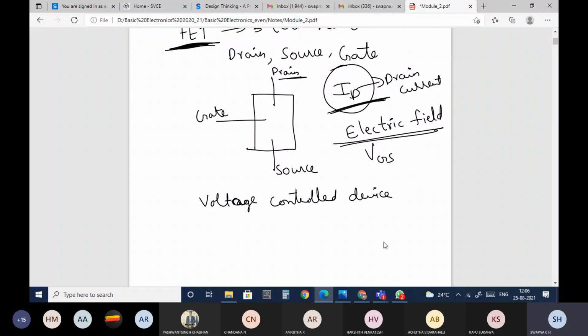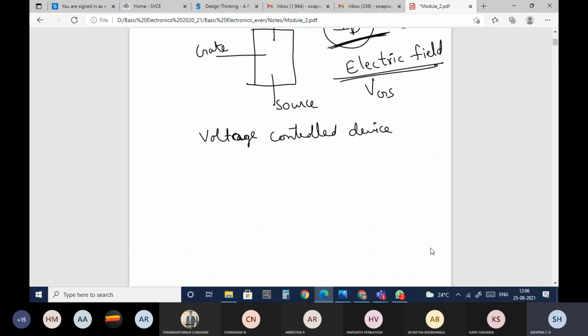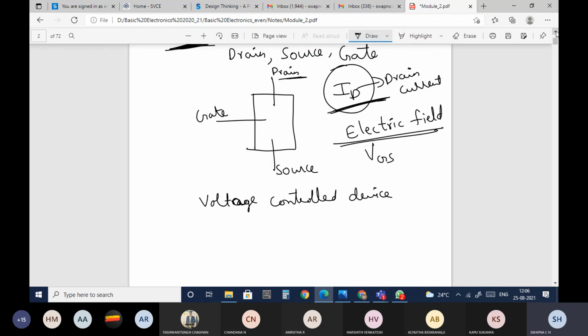One more important difference between the BJT and FET is, as you know, the input impedance should always be very high for any amplifier circuit. The BJT can be used as an amplifier circuit, and even FET can be used as an amplifier circuit.